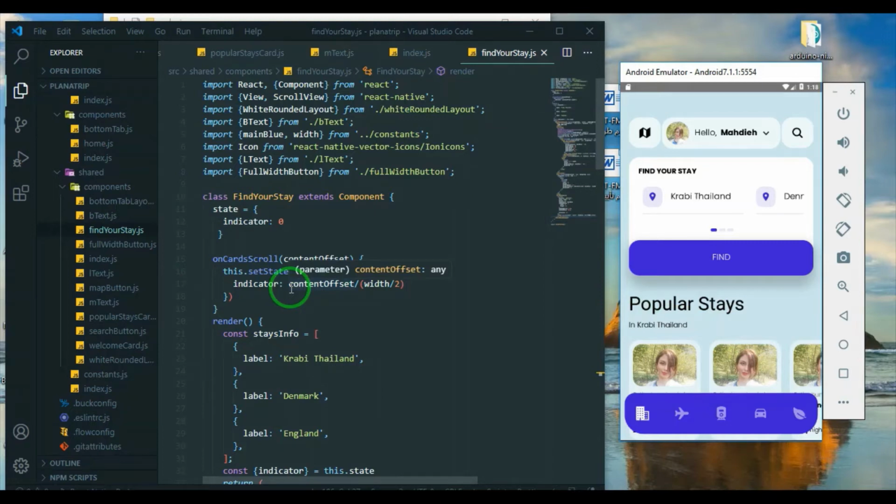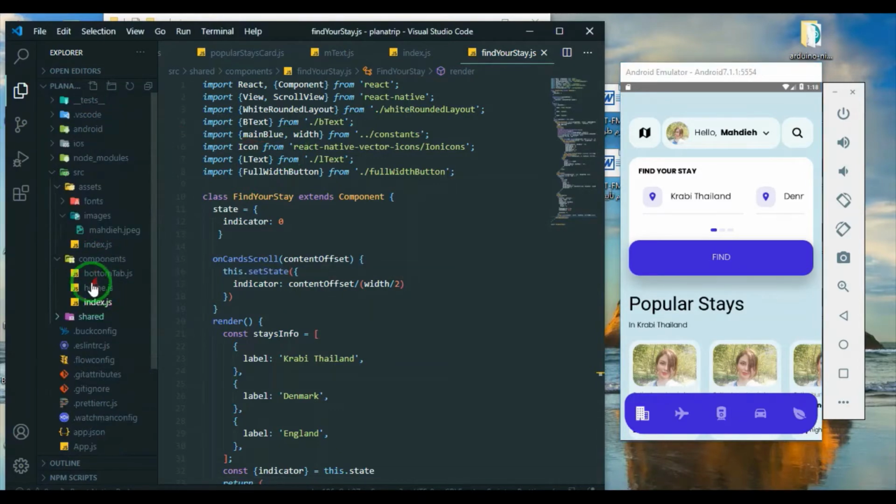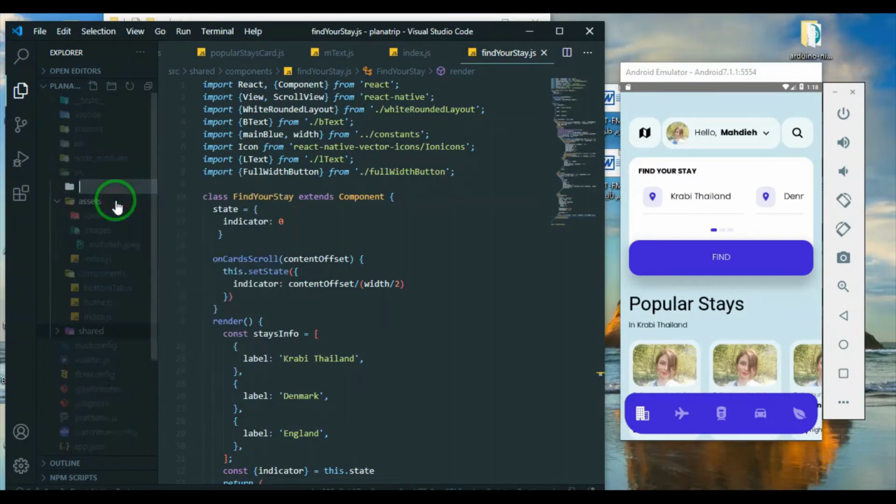We just need to do one more thing. We have to move our styles to a separate styles.js, because that way our code gets more clear and better to understand. It's more professional too. We have to make a new folder named style,